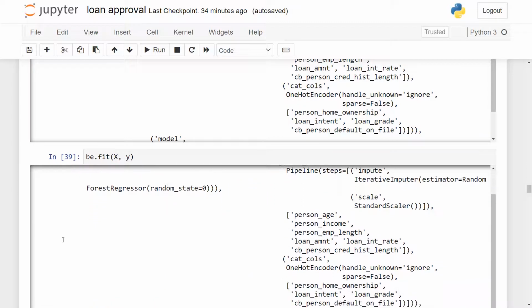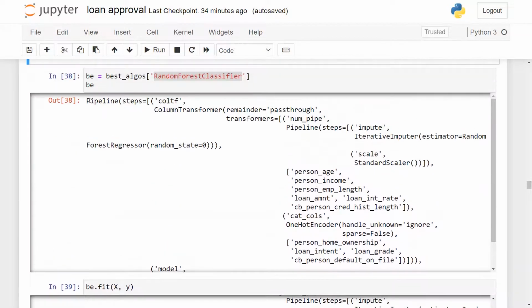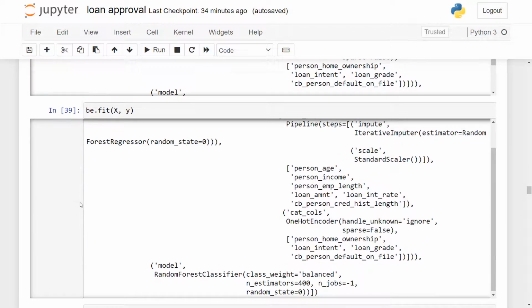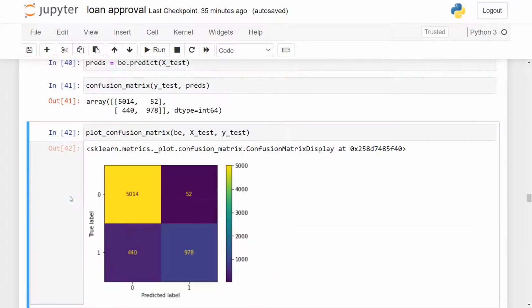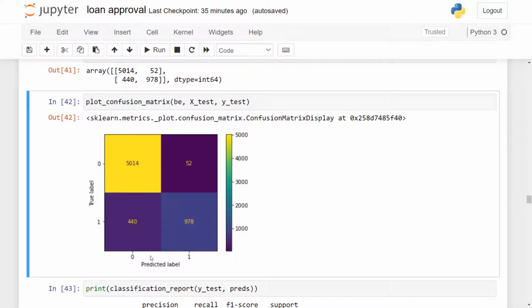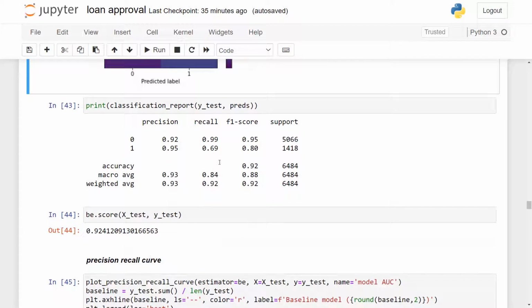Now we'll fit on the entire dataset this BE object that we saved here, the best estimator, and then we'll make the predictions and the confusion matrix, which is just a visually more appealing way of presenting it. Now in the classification report, we see that we had an accuracy of 92%, which we see from here as well, and the recall was 0.69.